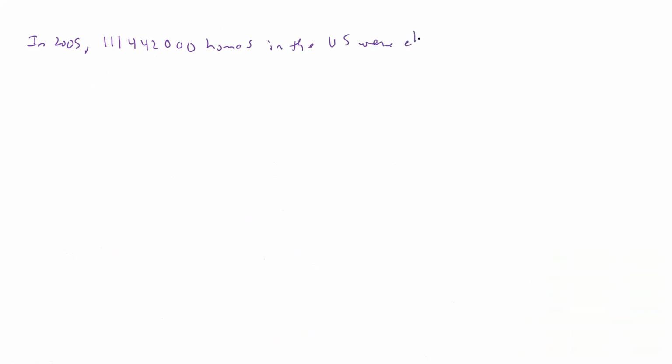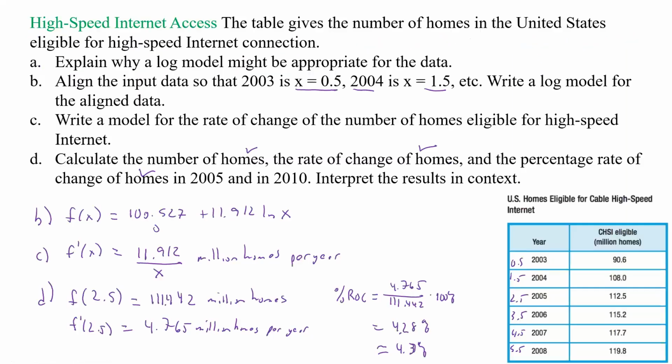were eligible for high-speed internet connection, and the number of homes was, and now what was it doing? It was increasing by